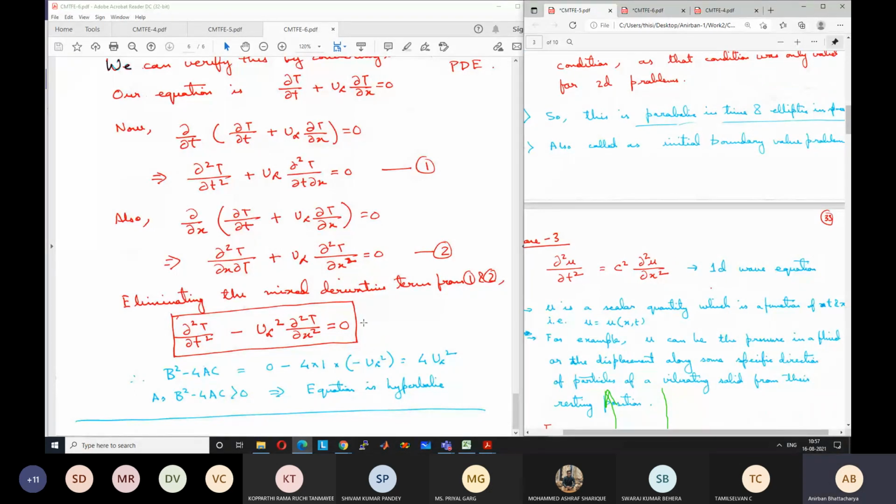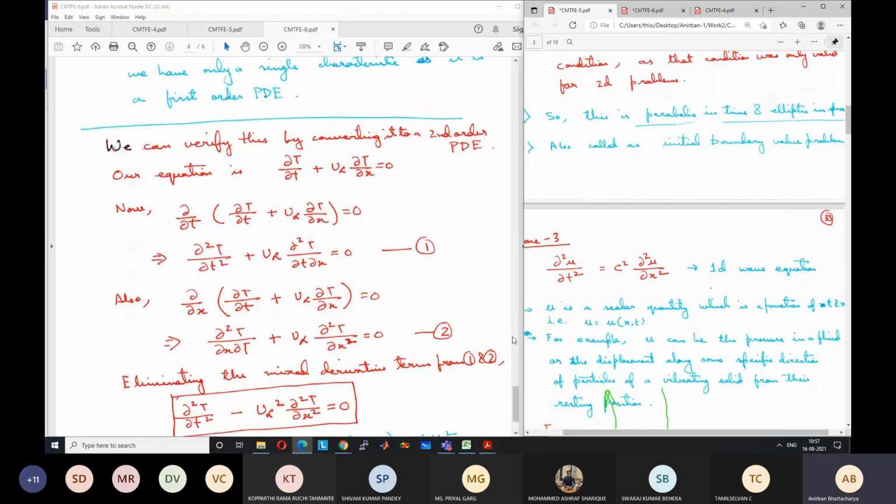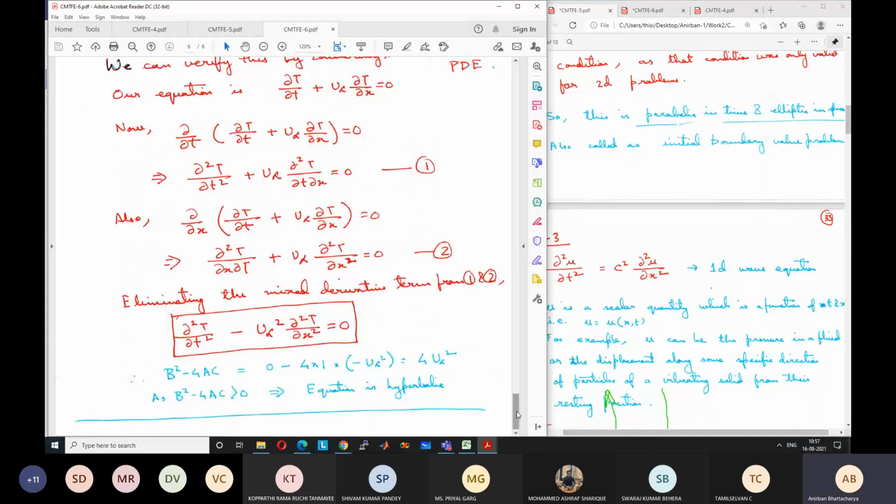So this concludes our PDE part. From the next class, we will start with the discretization part. We'll start with the finite difference method for a few classes. Then the rest of the course will be on the finite volume method. Step by step, we will proceed. That part will be very similar to the CFD course that some of the students took as an elective last year, so for them it will be just like a revision. More exercise problems will be there.